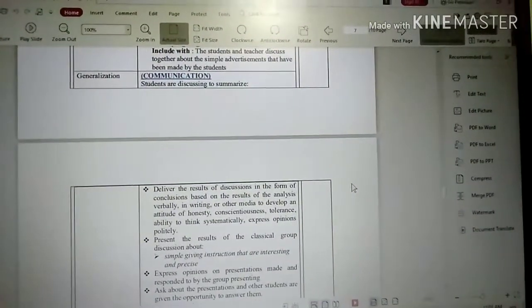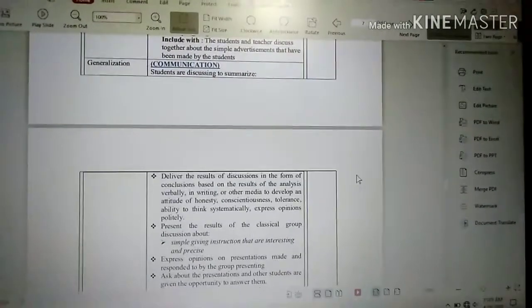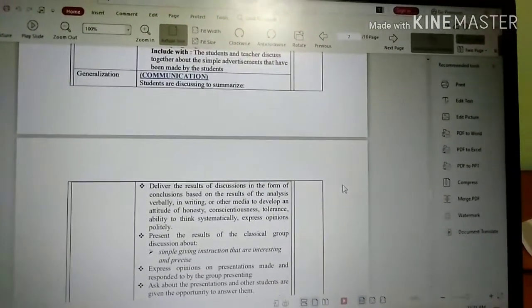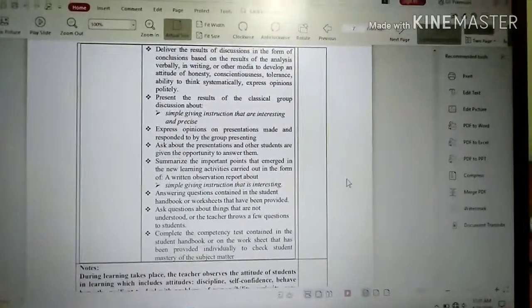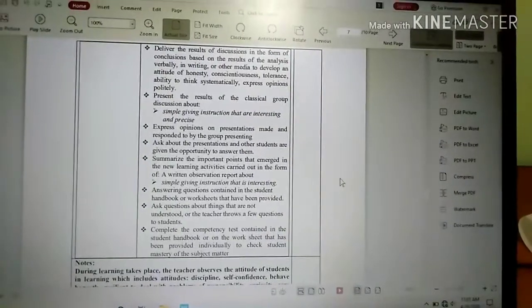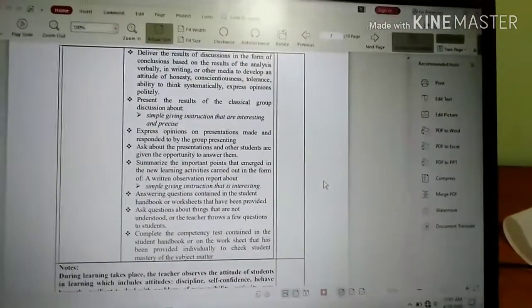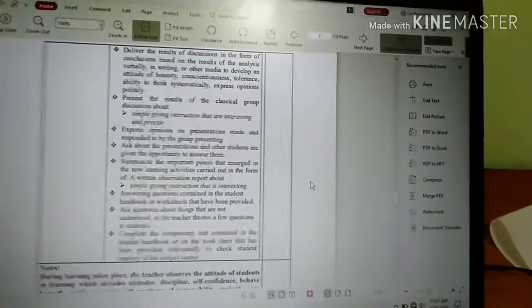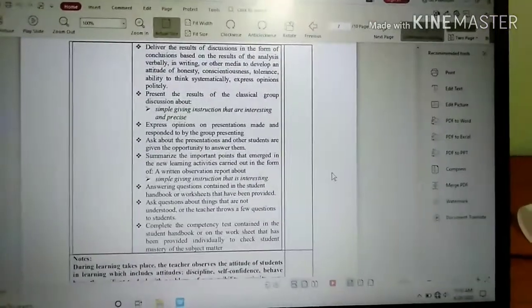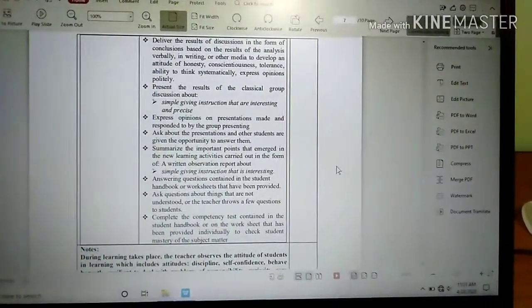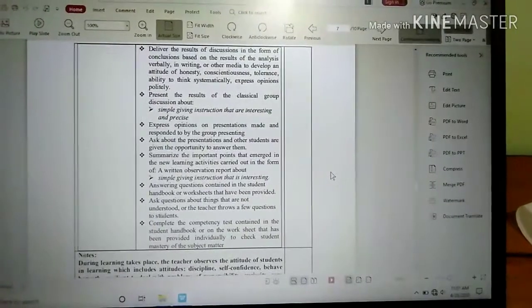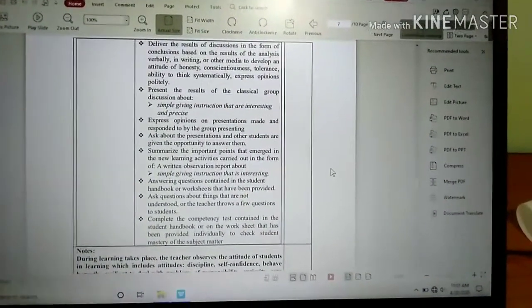Next is generalization. Communication. Students discuss to summarize. Deliver the results of discussion in the form of conclusions based on the results of the analysis, verbally, in writing or other media, to develop an attitude of honesty, conscientiousness, tolerance, ability to think systematically, and express opinions politely.